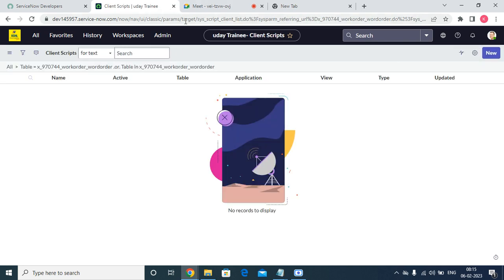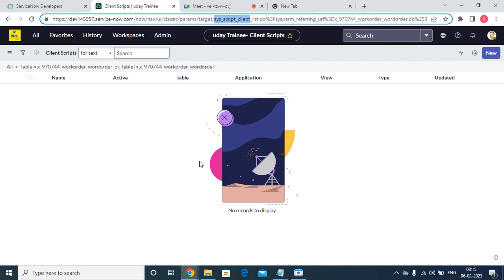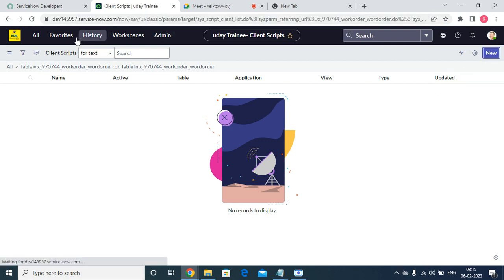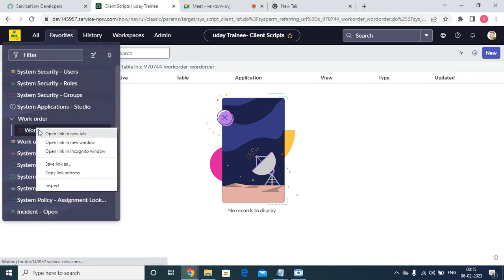As we discussed, everything in ServiceNow will be stored in a table structure. If you write any client script, that will be stored in the sys_script_client table. That is the same thing here. Now if I want to write a client script, I'm just writing. So here the concept is